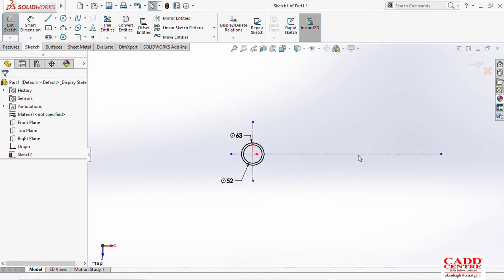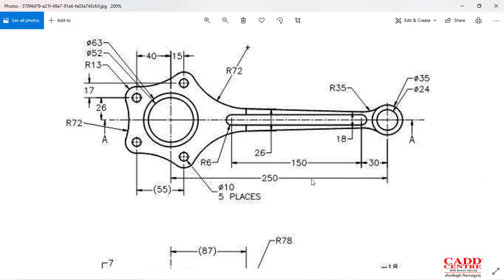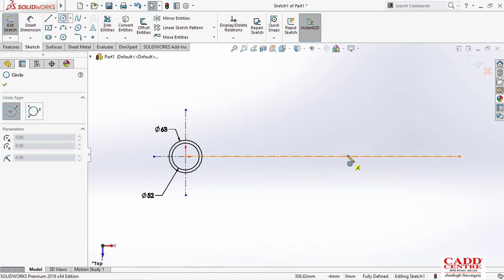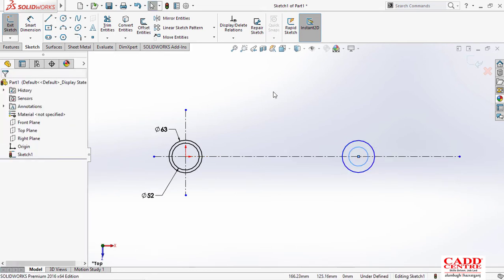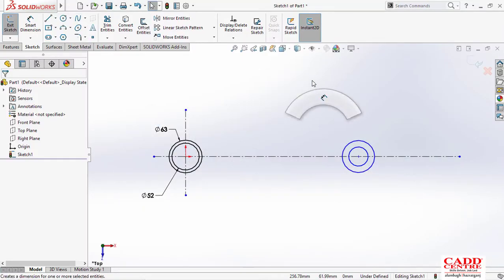After that, when we first model this, we will again just model two circles, as you can see here, which are approximately, not accurately, 28 to 50 mm apart. These circles are of diameter 24 and 35. So we will go to circle and draw one circle, another circle. Here they have also given the center line, but there is no need to draw it, because the center line is only for reference. If you do not draw it, you can still draw that figure.